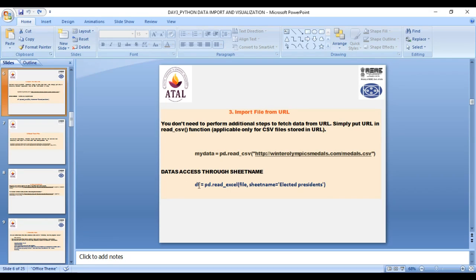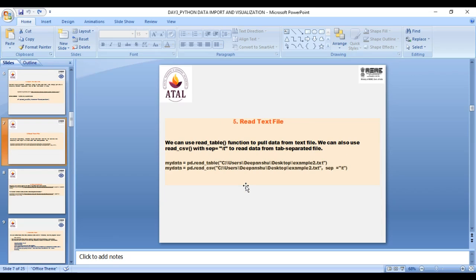Then accessing an Excel file. I already told you, sheet name equal to the sheet we created below: sheet 1, sheet 2, sheet 3, like that. Then here the file location. Here we are reading a table, and in the CSV file we are reading text.